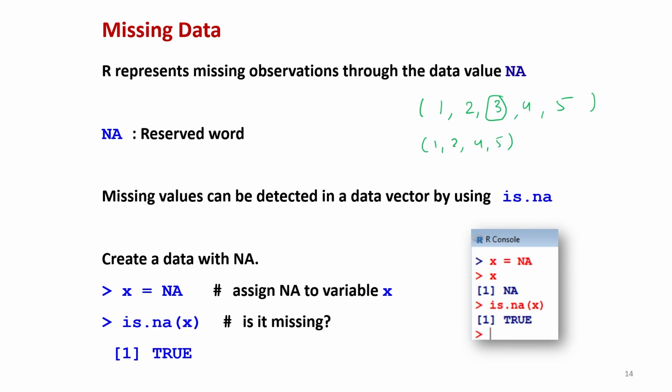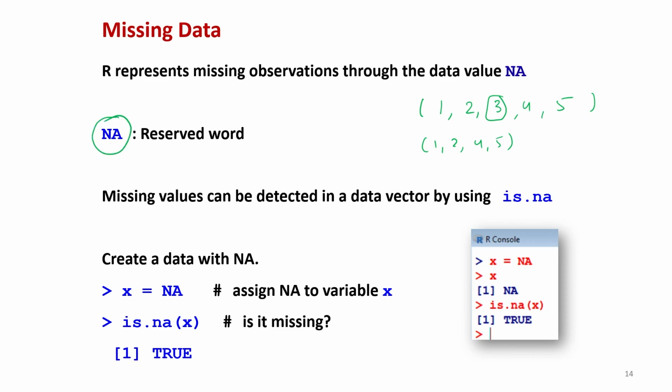But I am not going to consider those things here. My objective is only: when my data has some missing values, how are we going to conduct our analysis? So in R, the missing values are indicated by capital N, capital A, that is NA,